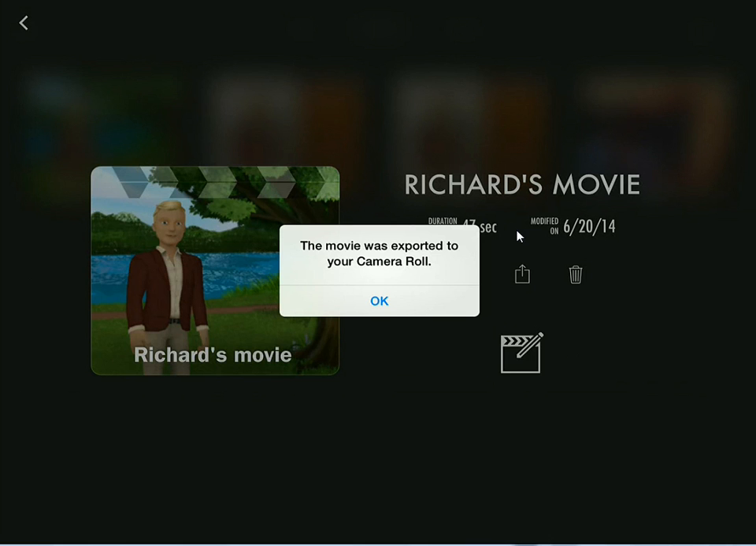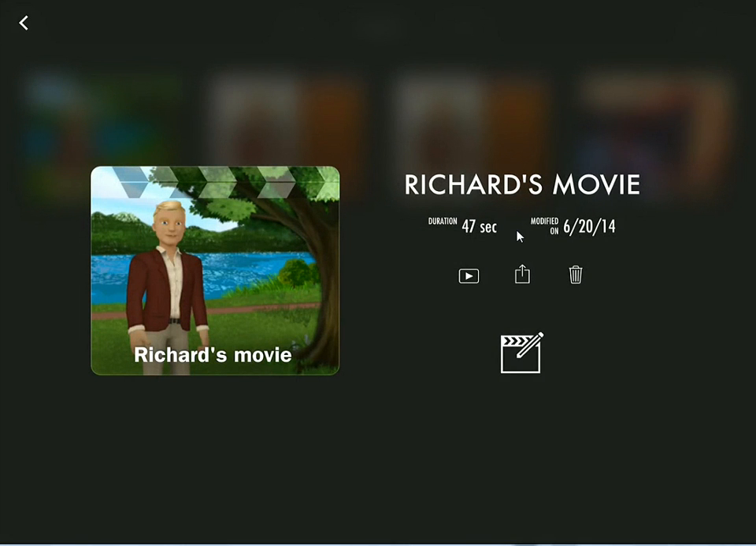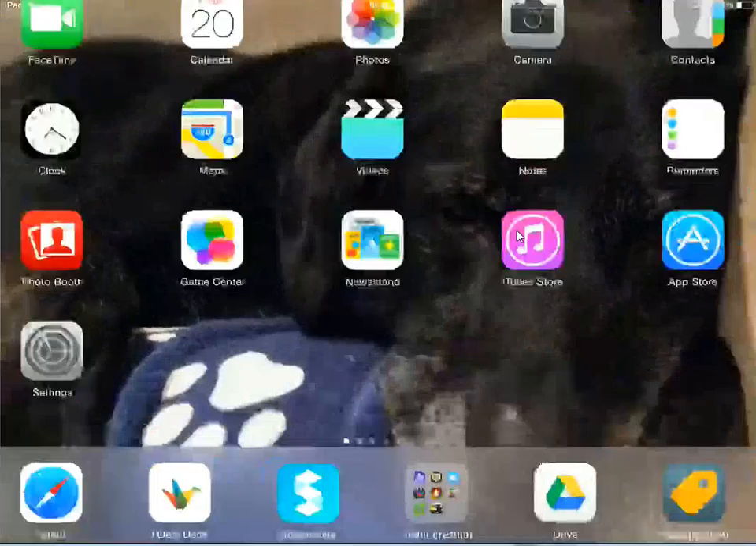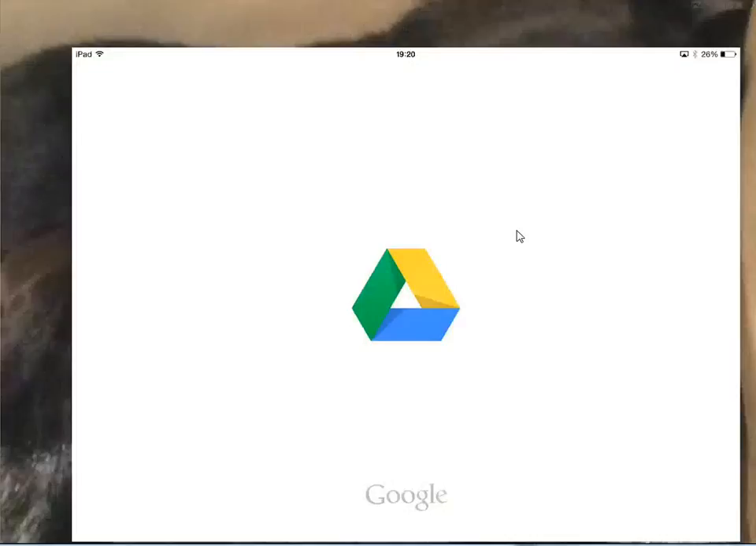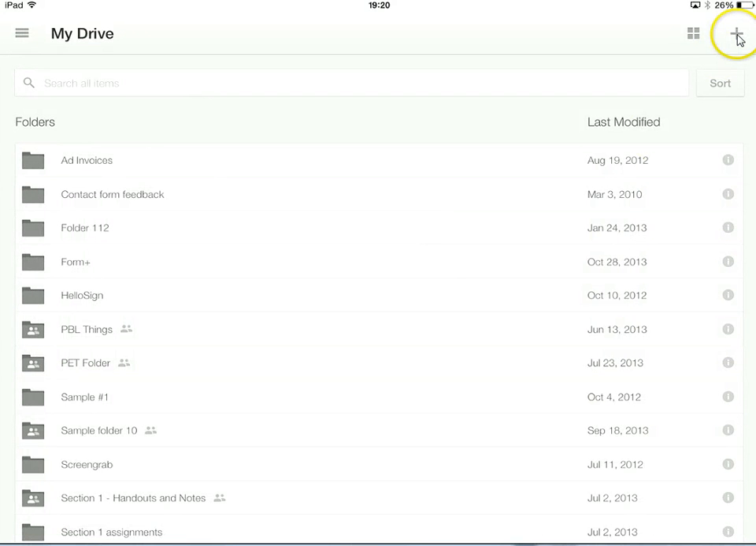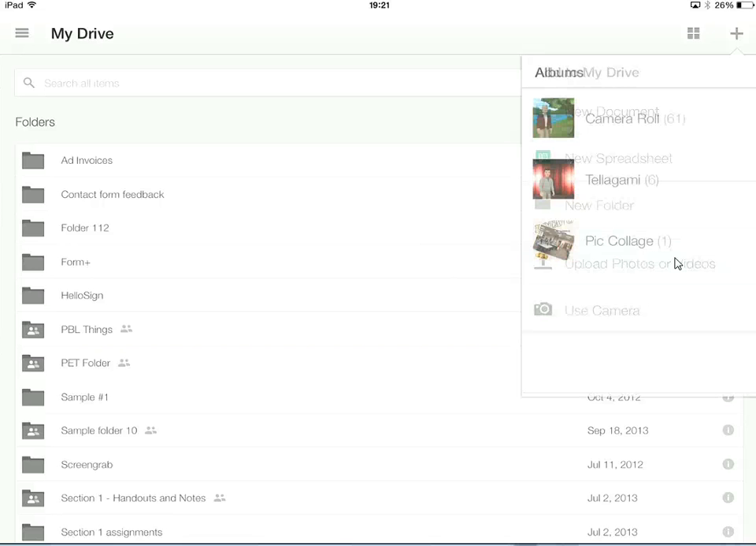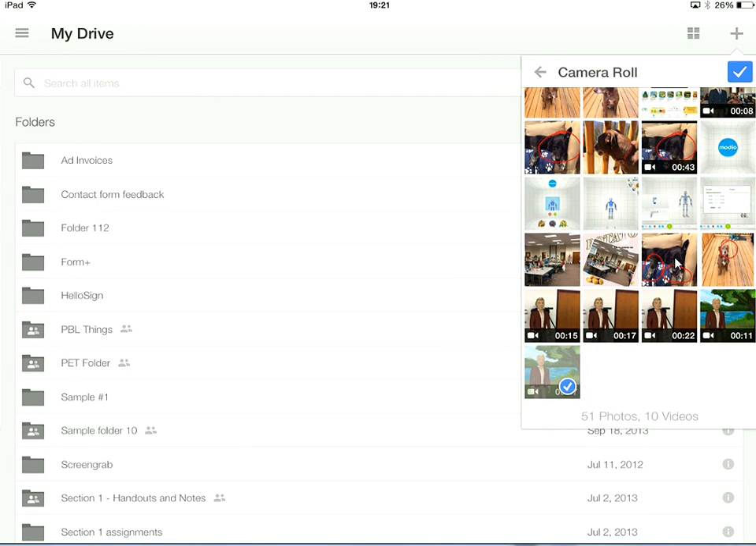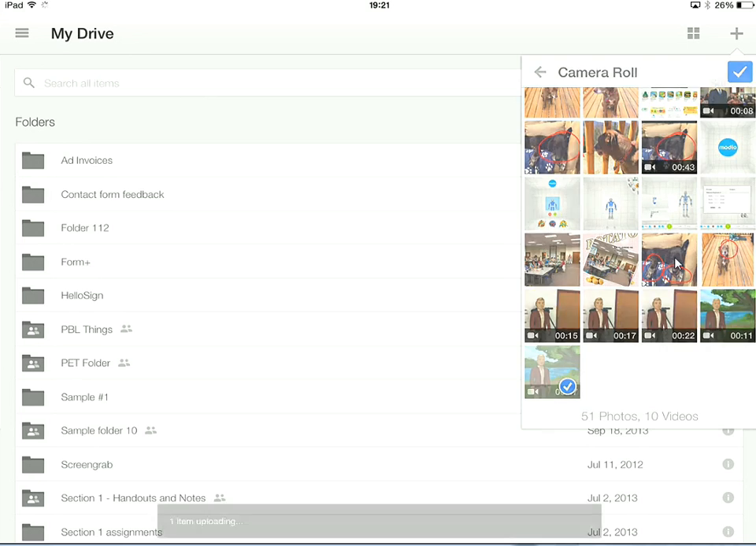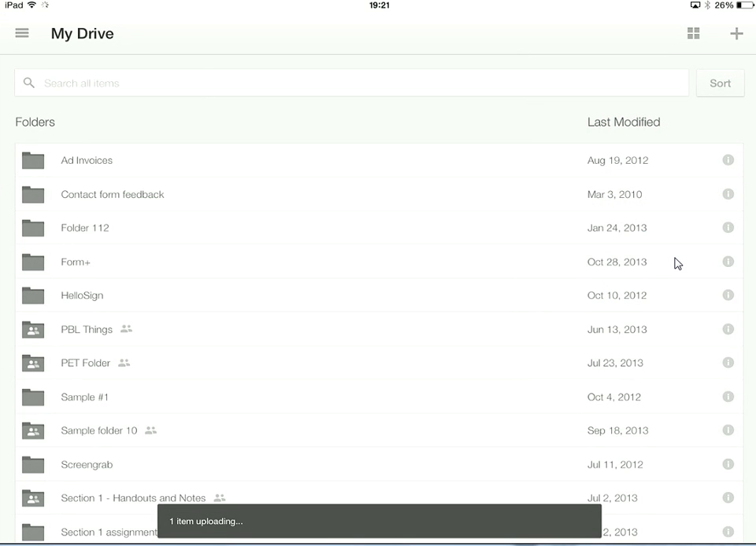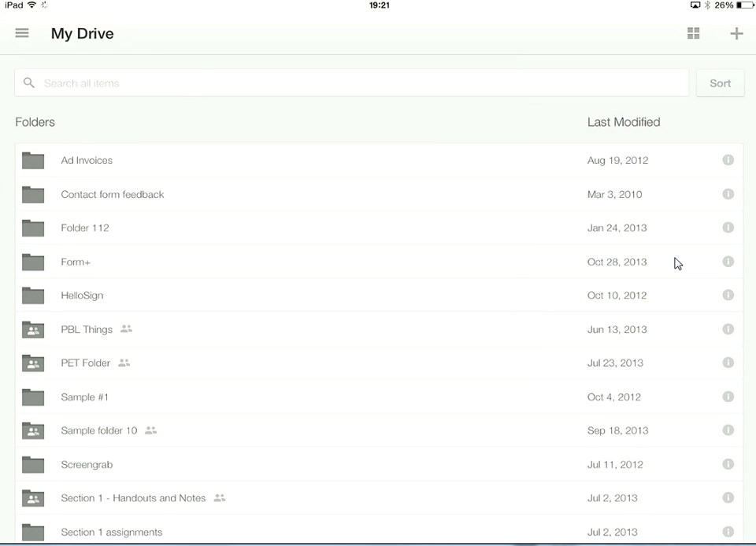So we can see it's exported to my camera roll. I'm happy with that. I'm now going to go into my Google Drive app on my iPad. I'll tap the plus icon up here in the right hand corner, and I'll tap upload photos or videos. Let's pull in my camera roll, and there's the video I just made, that 47-second video, and upload. And so now it's uploaded to my Google Drive account, and from there I'll be able to use it in any other project or view it online or download it to any other computer from my Google Drive